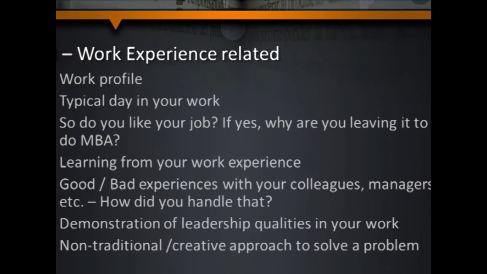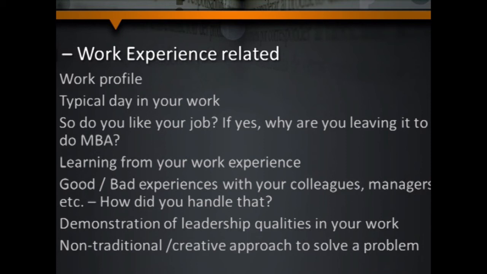So maybe you were team lead, maybe you organized some blood donation, or maybe a visit to an orphanage, or a festival you organized in your company, where you have taken the leadership role, taken some responsibility and led something like that. So think about that and make sure that you talk about it. And then this could be another question: what is one non-traditional or creative approach you have used to solve a problem? So again you have to think through your past, your college and your work experience, and think